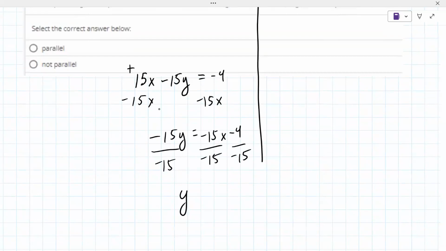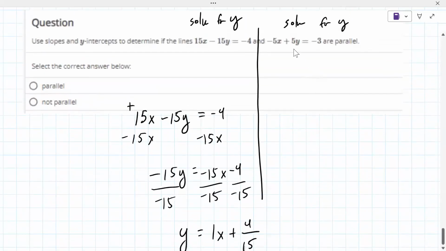And so you have y equals 1x plus 4 over 15, like that. You actually don't care about this number, you just care about this number. Could you do the same thing for this one over here and tell me what the slope is? But go ahead and just maybe solve this one for y like I did the one on the left. And see,